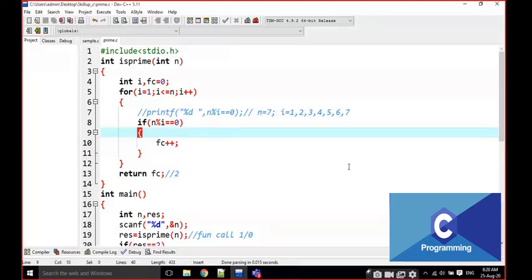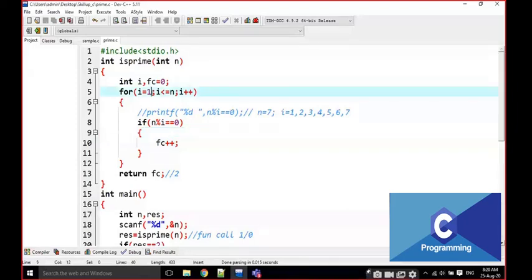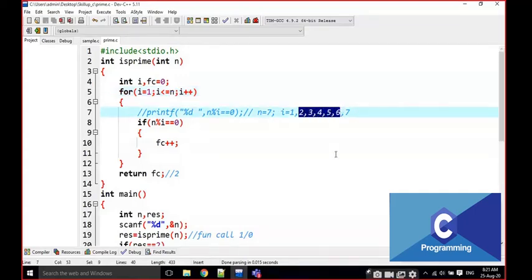I am going to modify this program again. For example, every number is going to be exactly divisible by 1, right? We have no doubt about that, so we don't have to check that 1. Every number is also divisible by itself, but there is no need to check with that number either. If any other number is divisible, then it is not prime. For example, if you are looking at 7, just check with 2, 3, 4, 5, 6.